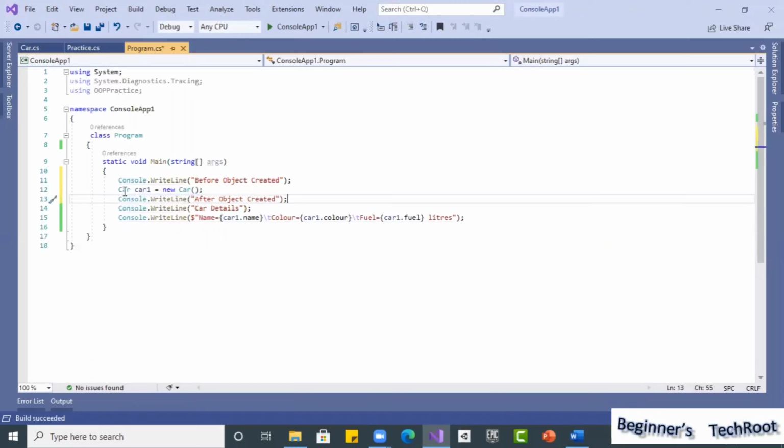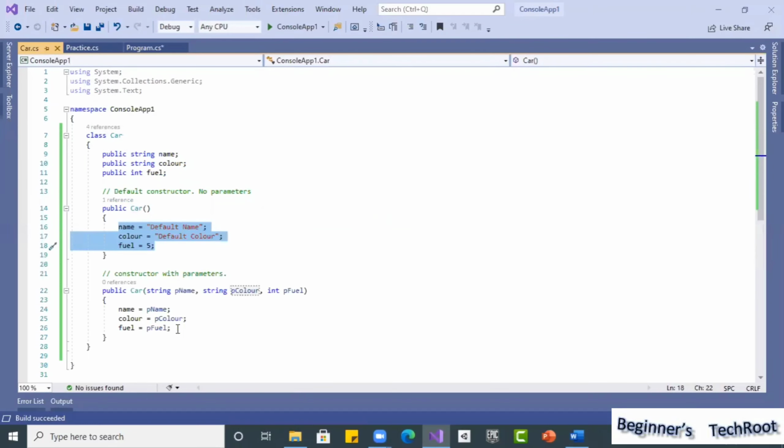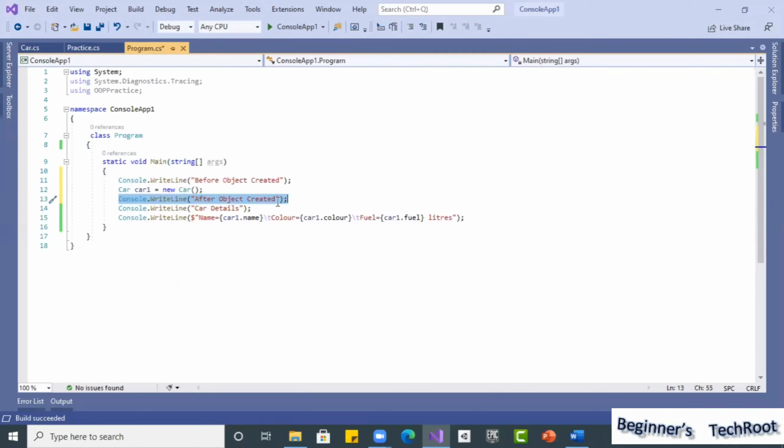Okay. And even if you want to understand better, in the class also what I can do, usually, okay, let it be. I don't want to make wrong things. So after object created, I'm doing this.